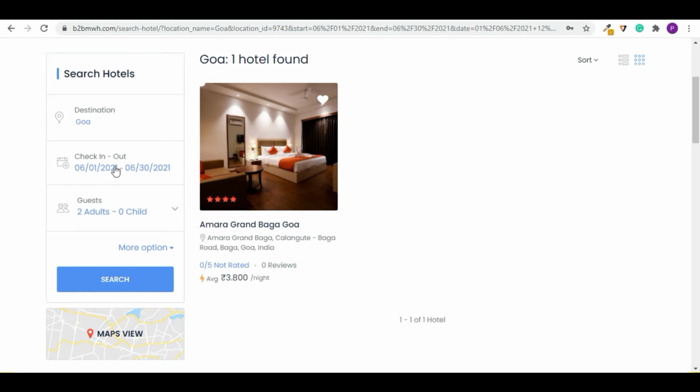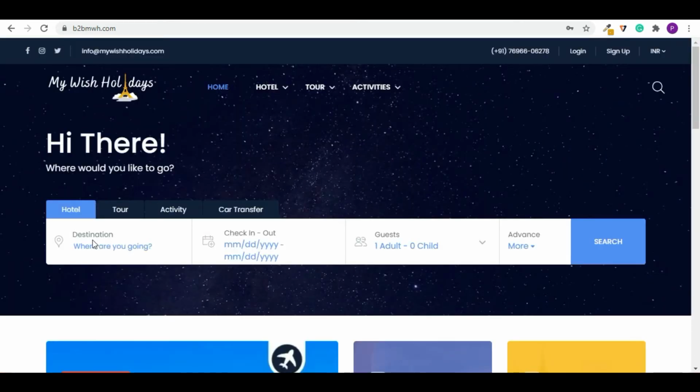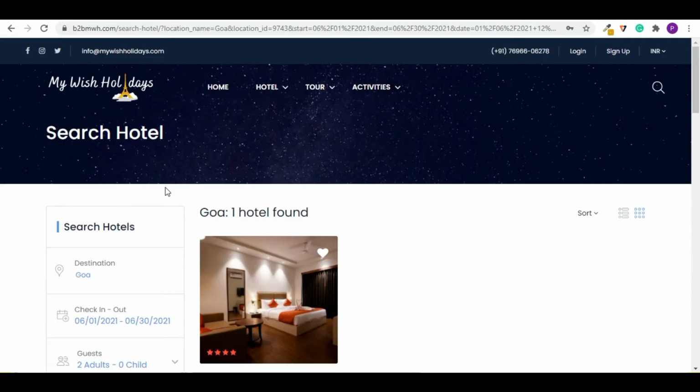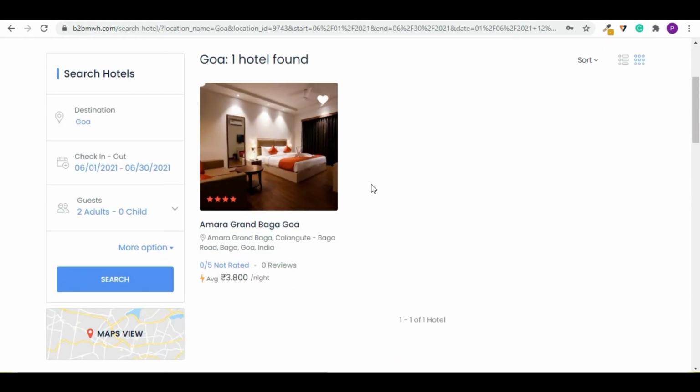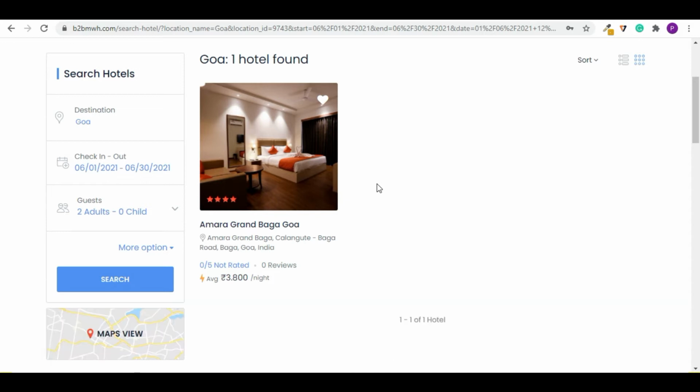As you can see, after the search on the search engine of this website, I have just given the one hotel, because this hotel has a better relationship with me and I have a good rate, so I have just published it on my website. So the travel agents can book the better rates, and they will not get these rates on other websites like booking.com, goibibo. They cannot get any good rates from them. They will only get the cheapest price on this website.